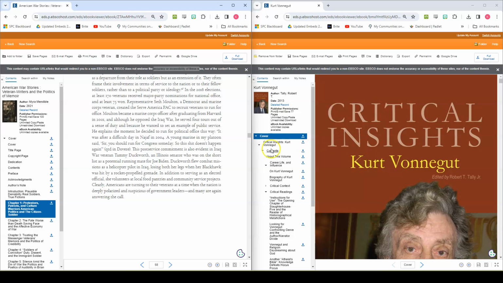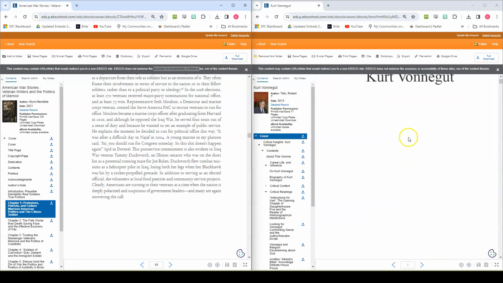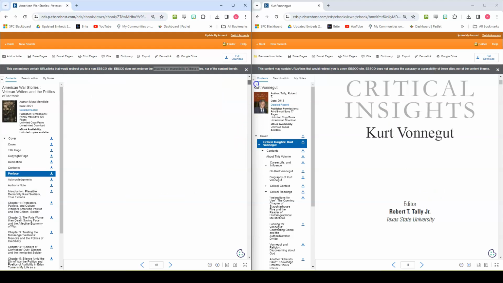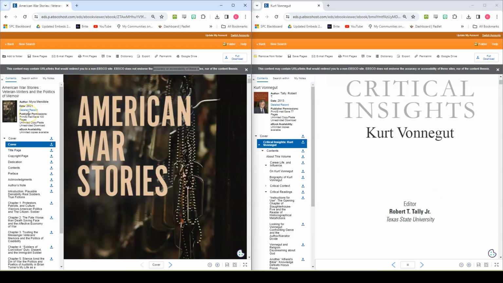So if I go to the title page of this book, I have the container title. I also have a contributor. However, notice that this one is marked an editor. This book is what's called an edited collection or an anthology. So the difference between these two books that are very similar is that this book on the left is written by Myra Mendable, and she wrote everything in that book. There's no other author. Everything in it is authored by her. So there's only one contributor for us to include.